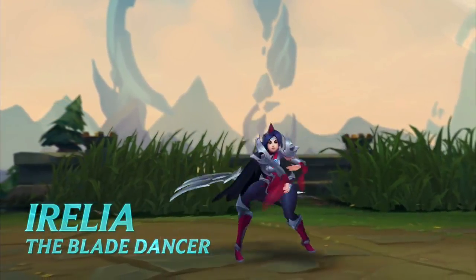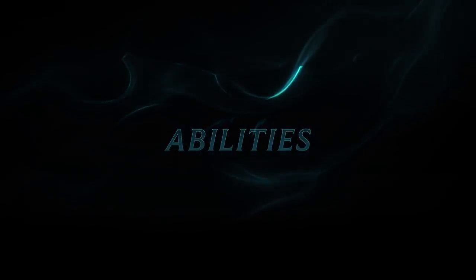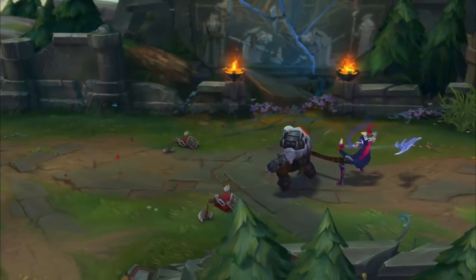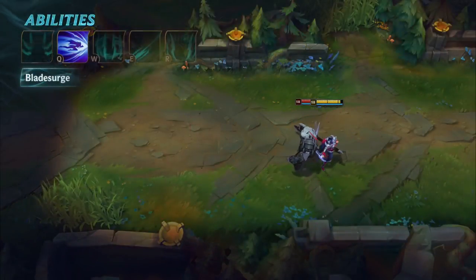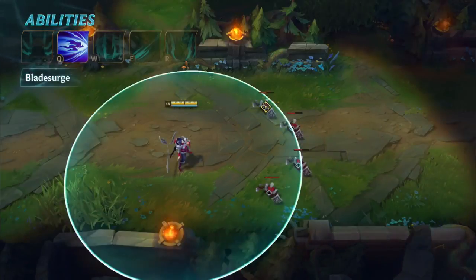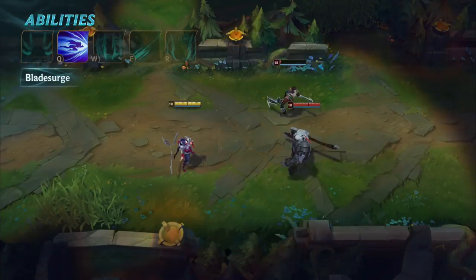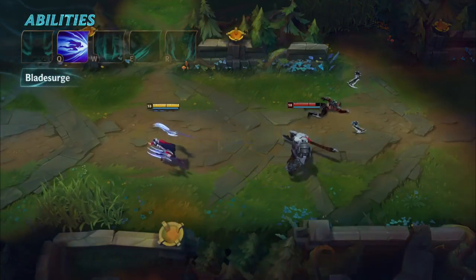The dance begins. Irelia's Q is Blade Surge. She dashes to a target, damaging and applying on-hit effects to it, while healing herself a small amount. The damage is increased if the target is a minion or monster. If the target dies to Blade Surge, or was marked, we'll get into that in a second, its cooldown is